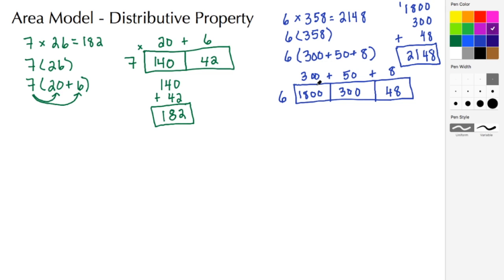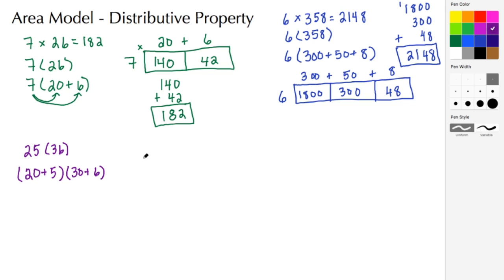All right, let's do another example. This time let's step it up a little bit. In our next example, we're going to multiply 25 times 36. So here we have our 25 and our 36. Now we have two numbers that are 2 digits long, so we have to show the expanded form for both of those. So 25 is the same thing as 20 plus 5, and I need to multiply that quantity times the expanded form of 36, which is 30 plus 6.